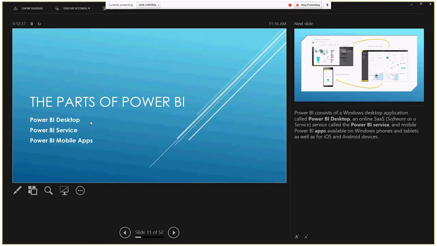Then the Power BI service is going to be the portion where you can actually share through the cloud and in the organization all this particular data insights. And then there's an application that you can actually download either on Android or Apple, where you can actually see everything that has been created inside your application and still make decisions directly from your